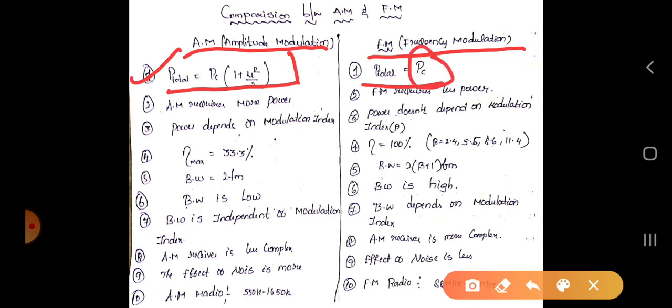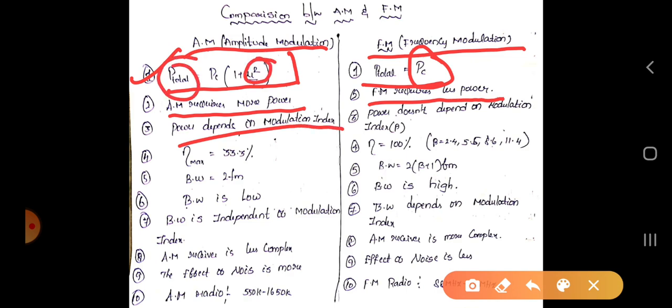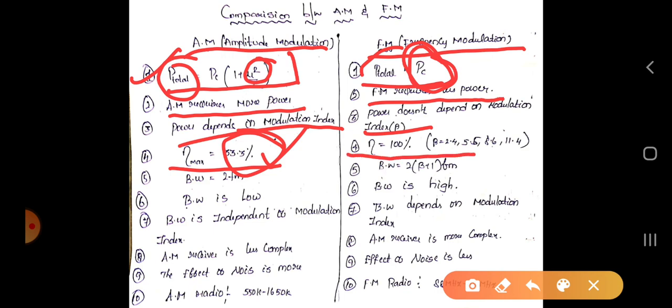So the AM signal requires more power, and the FM signal requires less power, and power depends upon the modulation index. If you see this term, P total depends upon the modulation index mu, but here the power depends only on the power of the carrier. It doesn't depend upon the modulation index. And the maximum efficiency for the AM signal, if you use sinusoidal signals, is 33%. That is, the total utilized power is only 33.33%, and the remaining 66.6% is wasted power. But if you see the FM signal, we can get 100% efficiency,